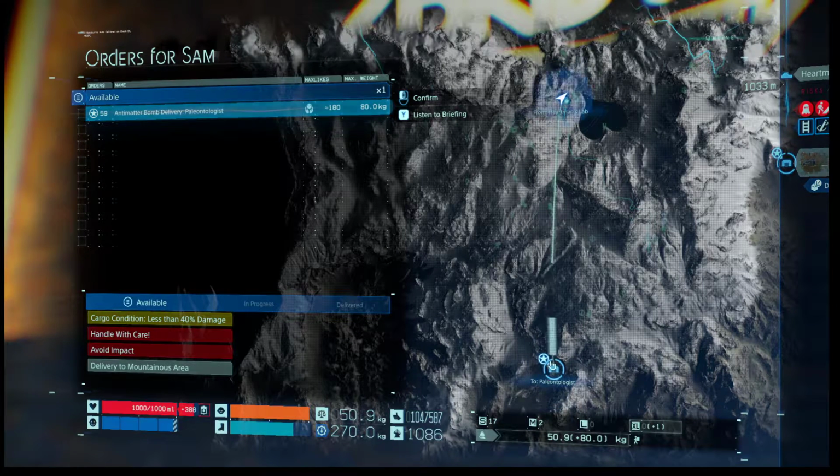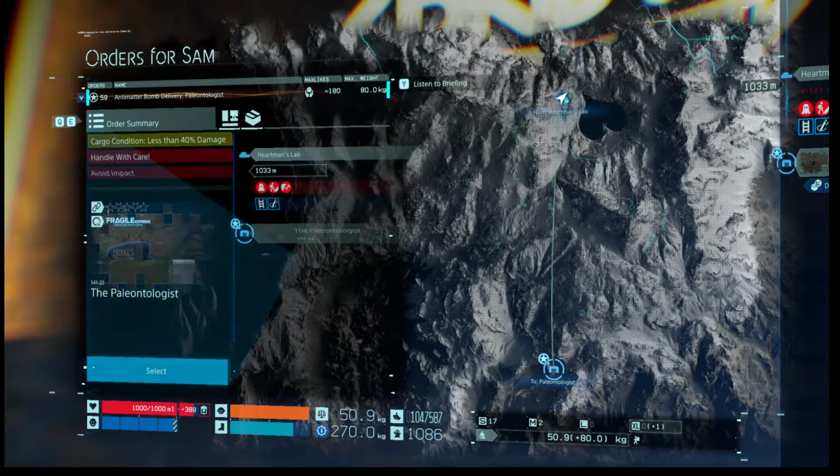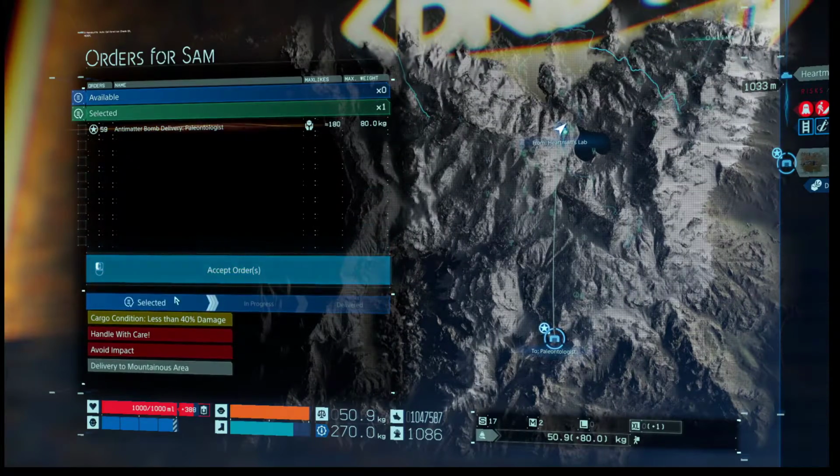Now on to order number 59, which is antimatter bomb delivery to the Paleontologist. Pretty scary, delivering an antimatter bomb, since we have to try to avoid impacts along the way, so hopefully this goes alright. Now, one good thing in my favour, it looks like it's nearby the last one I went to. So if that's the case...